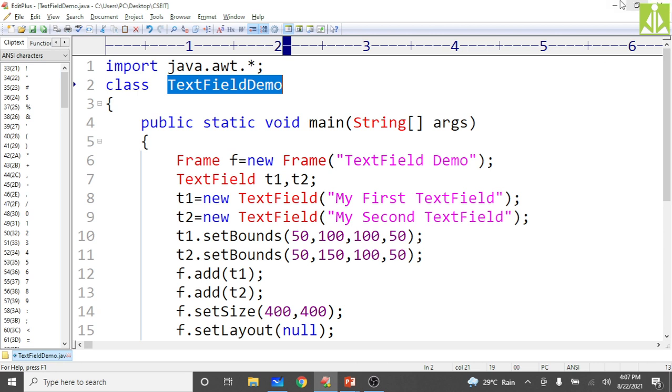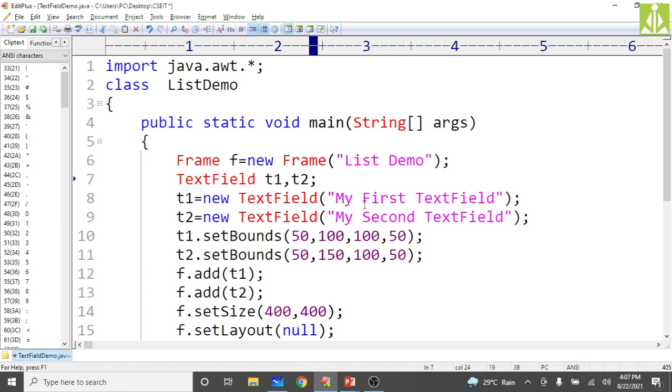How we can modify this program, because as we are demonstrating list now. Okay, give the name as list demonstration, and no need to include any extra package, it is under AWT only. Then create the frame. As we are demonstrating list now, so list demo.